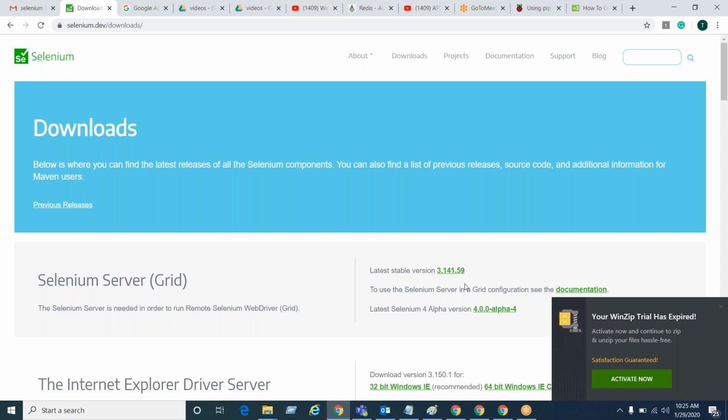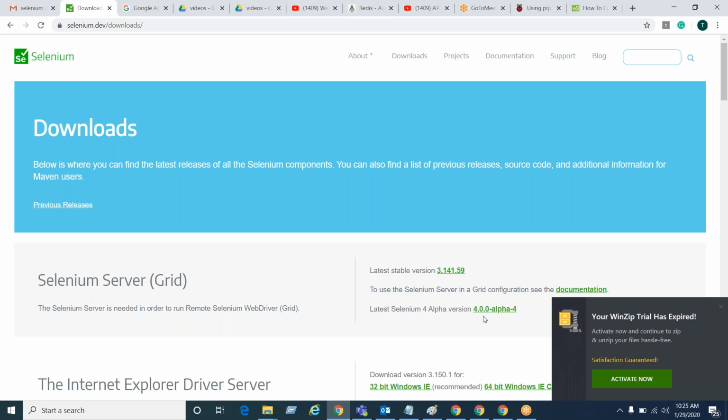And the next version is under alpha. Alpha means they did not release it as a stable version. It is under the testing phase. Once it is tested,